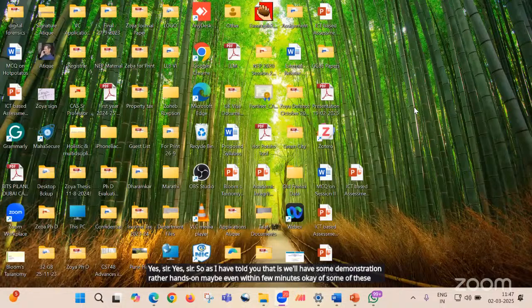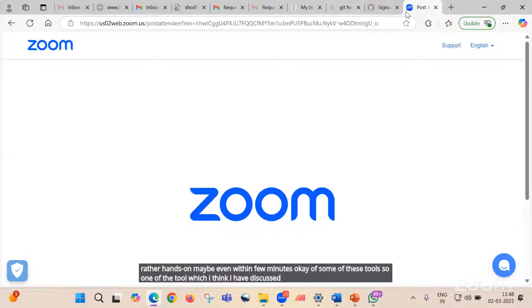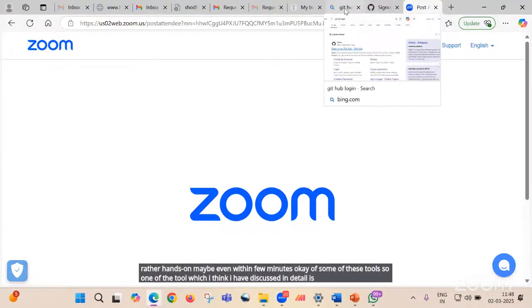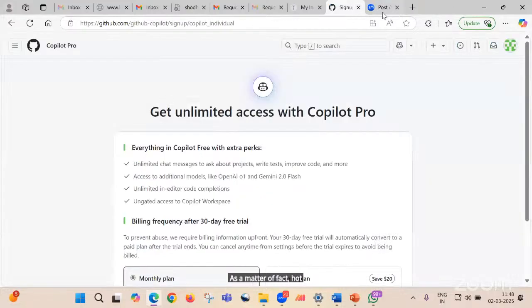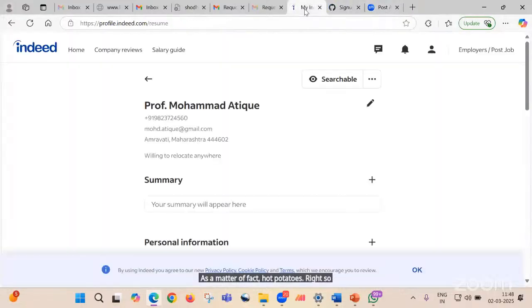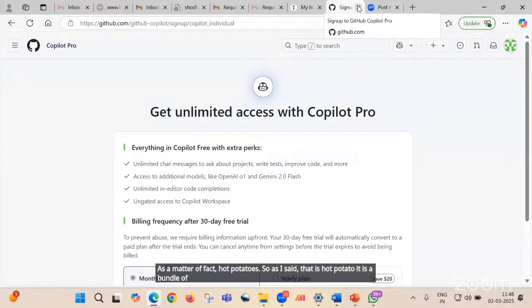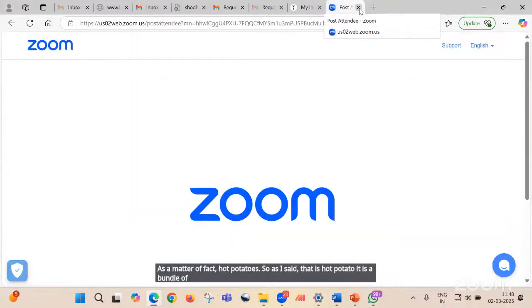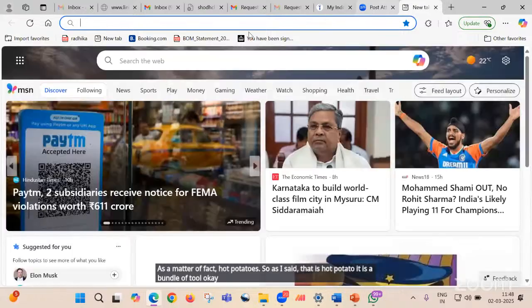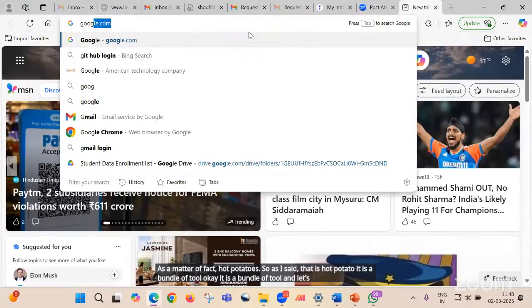So, one of the tools which I think I have discussed in detail is, as a matter of fact, Hot Potatoes, right? So, as I said, that is Hot Potatoes. It is a bundle of tools, okay. It is a bundle of tools, and let's say if you do not know anything about it,